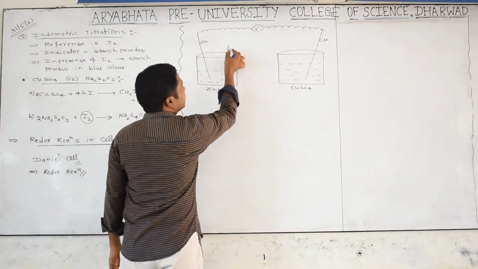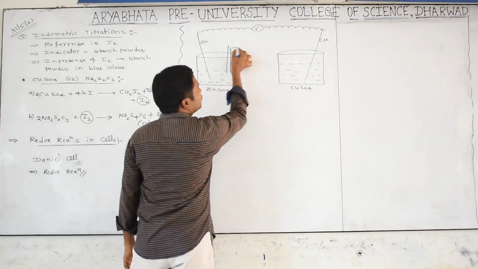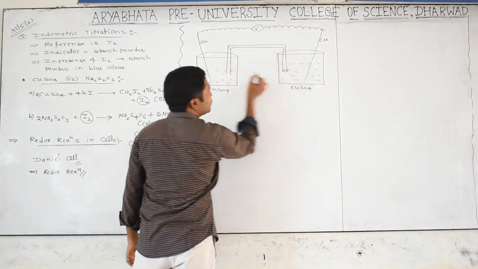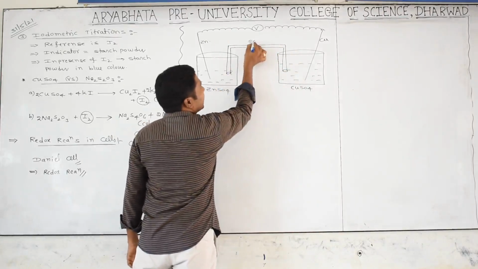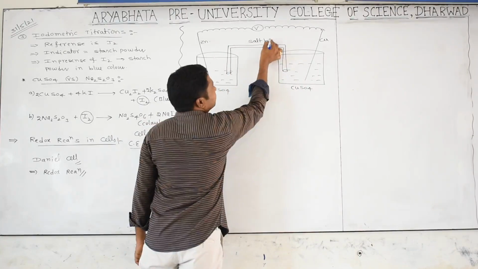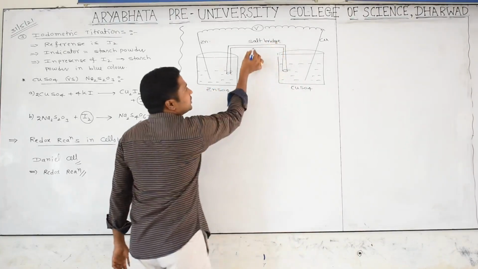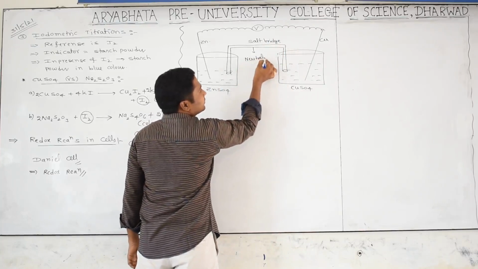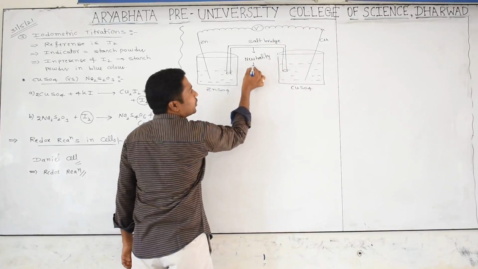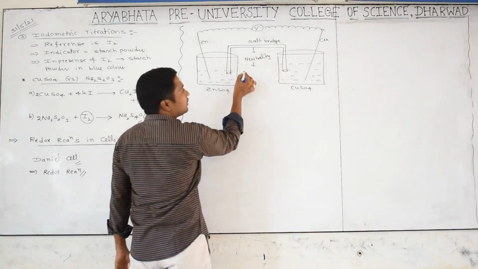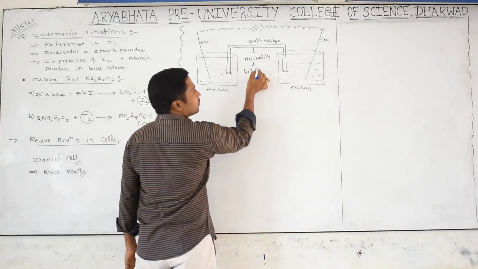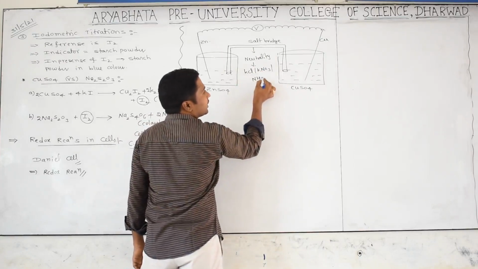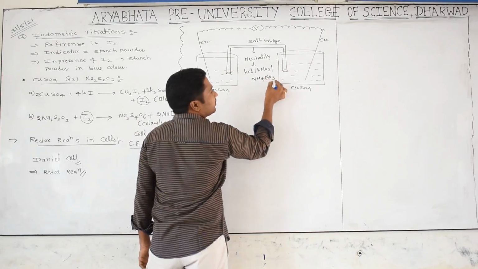Internally, these two beakers are connected with one U-shaped glass tube. This U-shaped glass tube is specially called a salt bridge. This salt bridge is used to maintain neutrality. In second year, these are all important. This salt bridge is filled with some special chemicals like potassium chloride, potassium nitrate, or ammonium nitrate. How they are helpful, we will discuss later.